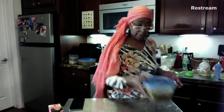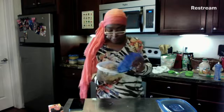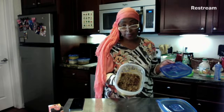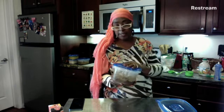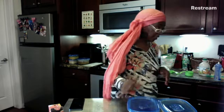So for dinner we had, and this is what we had yesterday as well, the collard greens and the kale greens. We had three bean, I guess you want to call it chili, but it's three beans. It's pinto beans, black beans, and great northern beans. And I put a little bit of carrot and celery and onion in there. Sweat those and made them translucent, and I added those to the beans. Absolutely delicious. I made a big old pan of vegan cornbread,